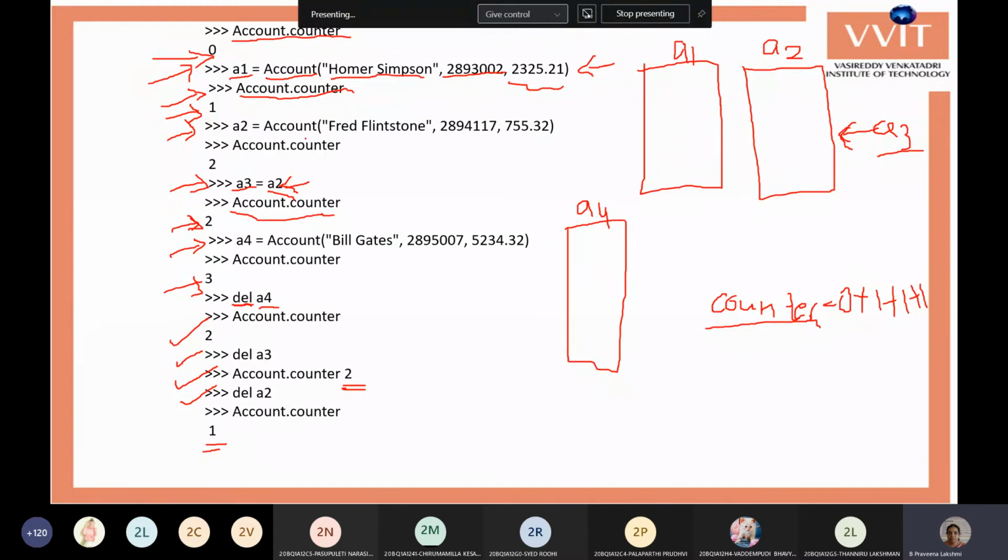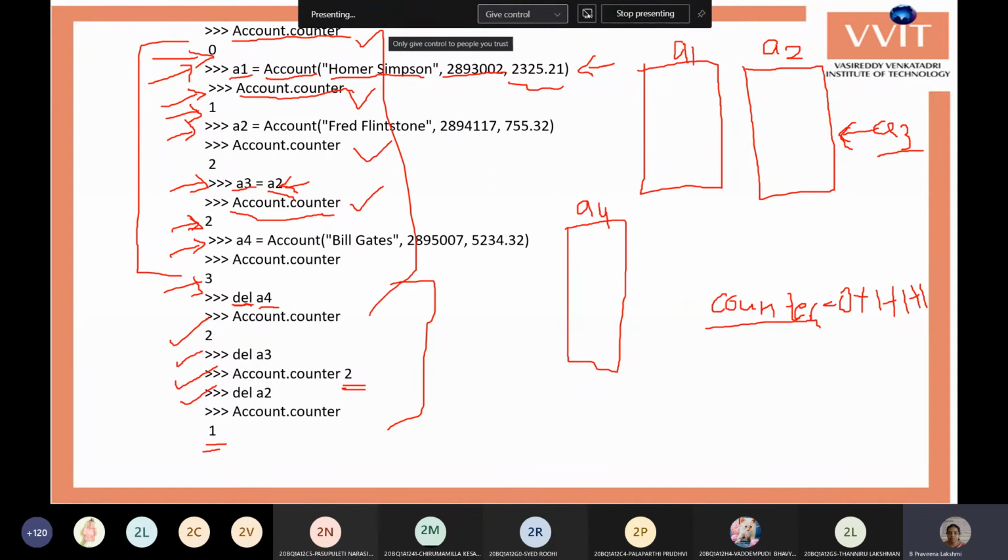Okay, so this is the destroying of objects and this is the constructing of objects. In both cases, the class variable is only one, and it is modified from the other places. It is not created as another copy; only one copy is created and it is updated every time.